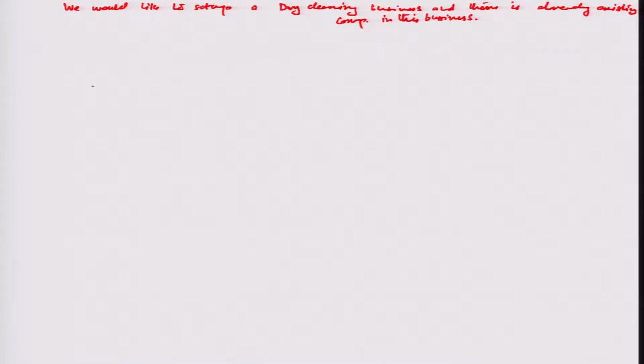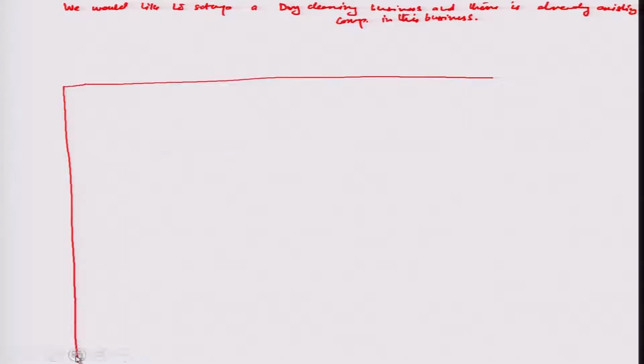I will just draw a correlation matrix here. On one hand we have the customer requirements recorded in this vertical column here,